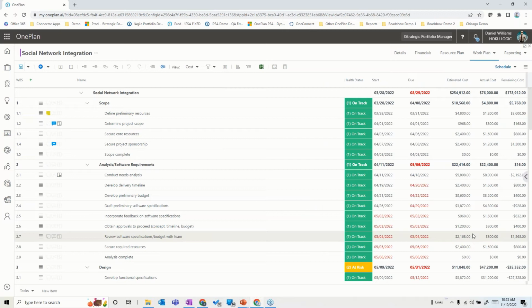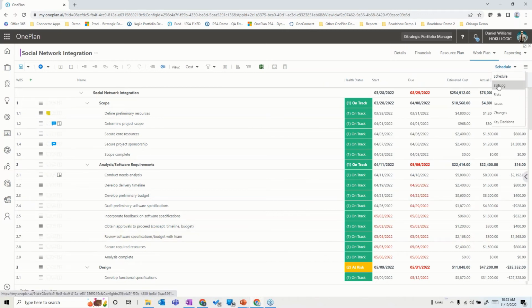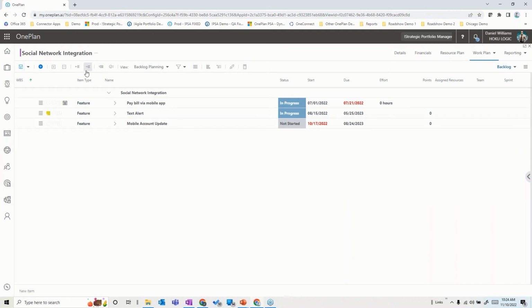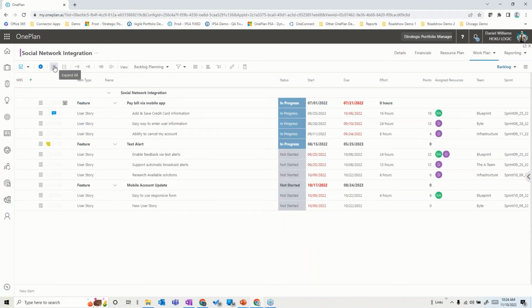Now, I could also have in here what we call a backlog work type, in addition to things like issues, risks, changes, and key decisions, or others you might want to add. In the backlog work type, you might want to structure a more agile approach. In this case, if I expand this out, I have features and user stories that allow me to build this from a more agile perspective, use maybe story points and/or effort hours if you like, and even be able to come into here and leverage sprint-based plans and actually allocate these things to different sprints, et cetera.